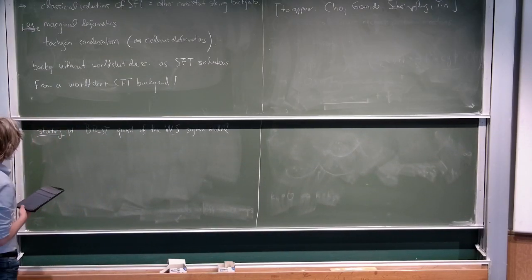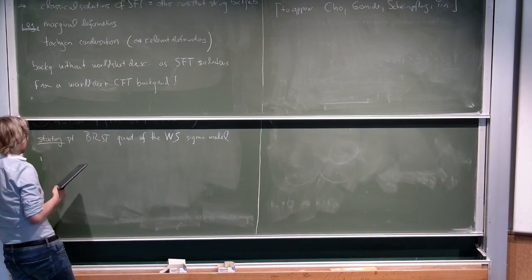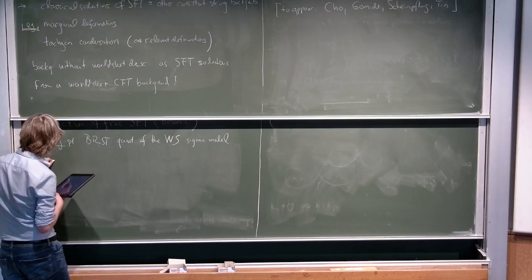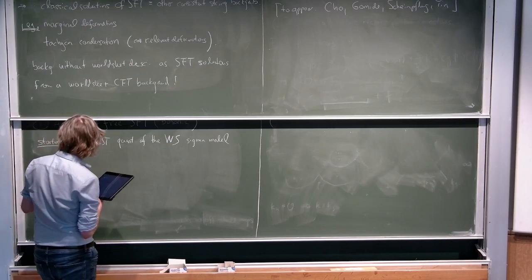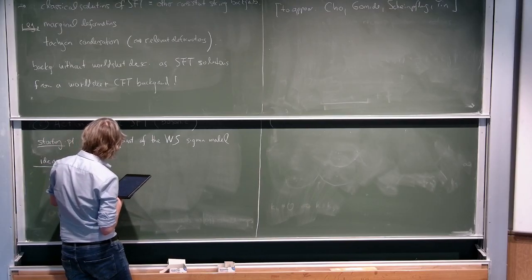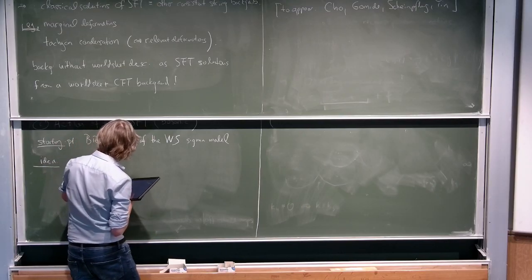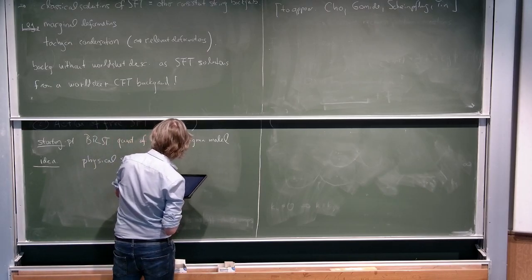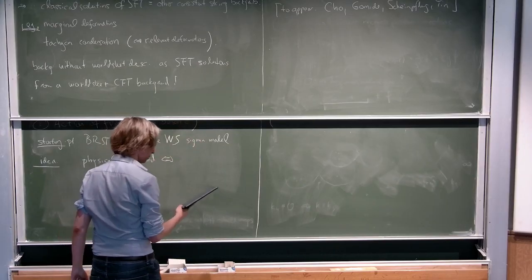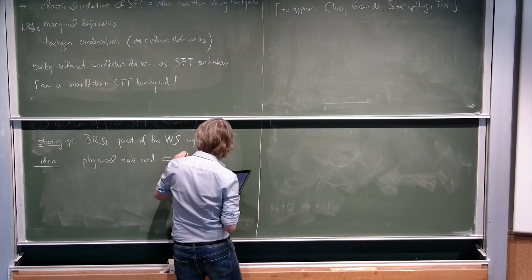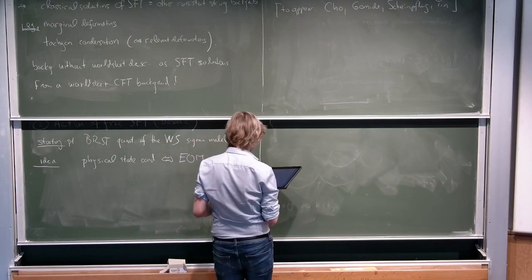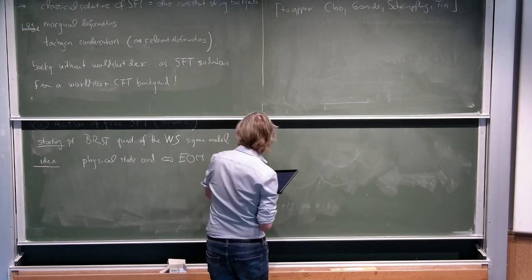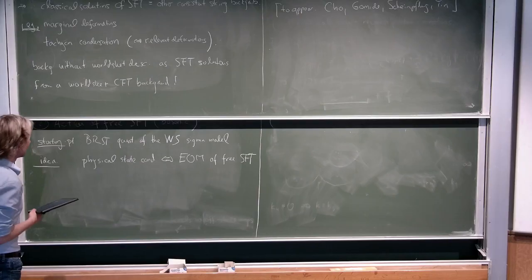And the main idea behind constructing the free action for the string field theory will be to identify the condition on a state in the worldsheet CFT to be physical with the equation of motion of the free SFT. That's one guiding principle. And the other guiding principle